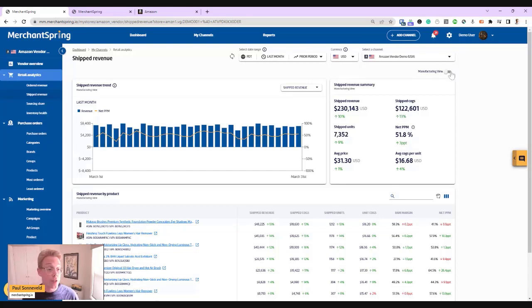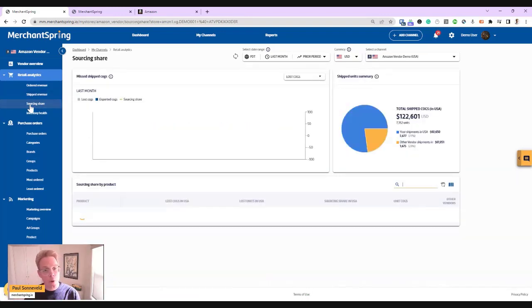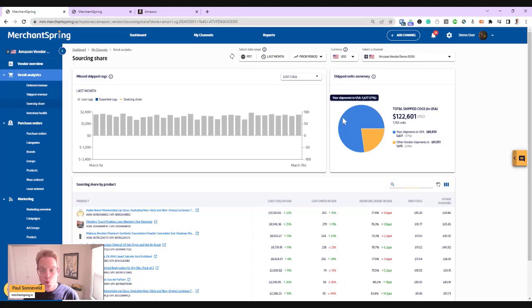And I encourage you to really check out a much more in-depth session around sourcing versus manufacturing and how both of those come together to talk about sourcing share, to give you those insights around which particular products do you not fulfill 100% of the orders, and therefore where's the opportunity to increase your COGS at a local level, but also at an export level. Very complicated topic, so please check out our intermediate module on that particular topic.